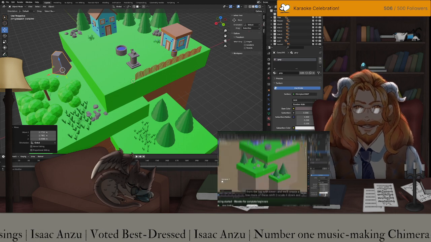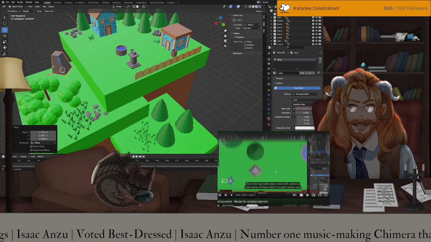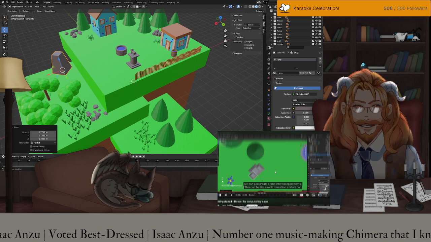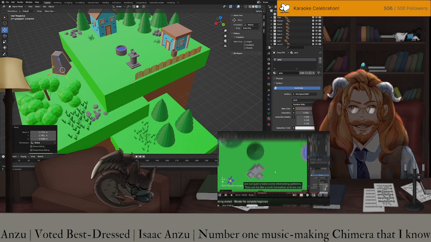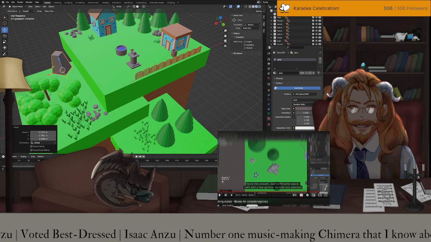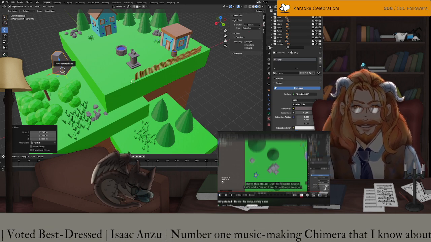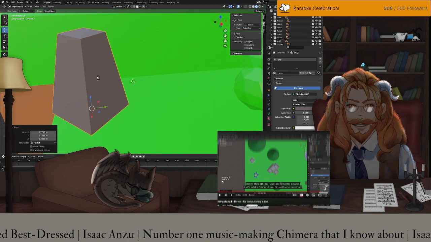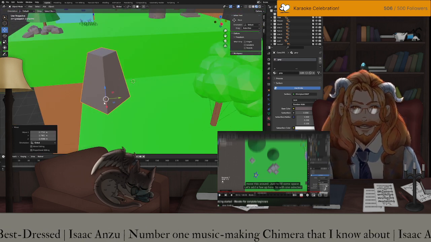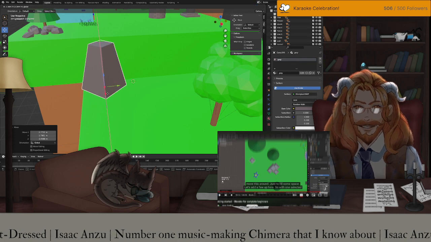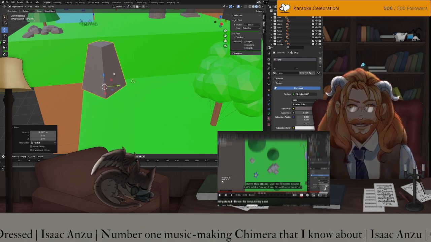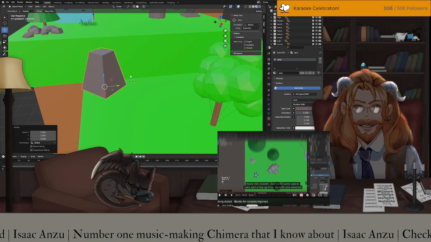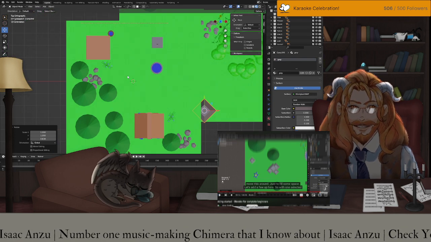I'll look from the top with 7, and we'll create a few more of these. So Shift D, scale it down, and we can just create some interesting patterns. This can be like a rock formation, and we can move this. All right, I think what I want to do over here is make a little stepping stone type thing, right? Scale down that Z a little bit, and then from the top